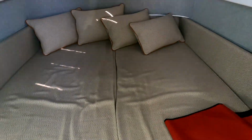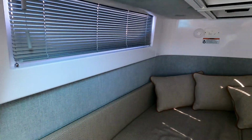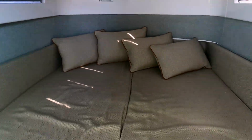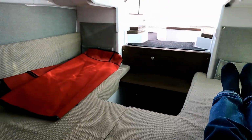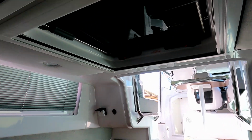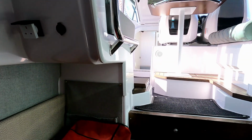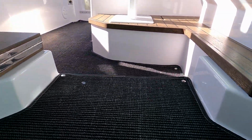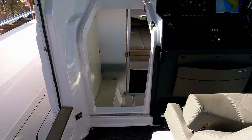As you can see, there's a little section here to put your feet down so you can stand up in there, and then the blinds are down, but big superstructure windows on either side, and this is a really big bed. I'm going to do something they tell you never to do at a boat show. I'm actually going to get in here and give you an indication. So yeah, I'm just over 1.7 meters. That's me at the end, and there's still plenty of room. There's 2 skylights above us here as well, which obviously can add light or not, depending on whether you have the infill cushions in. So we'll come out of the aft cabin, forward to the helm station,